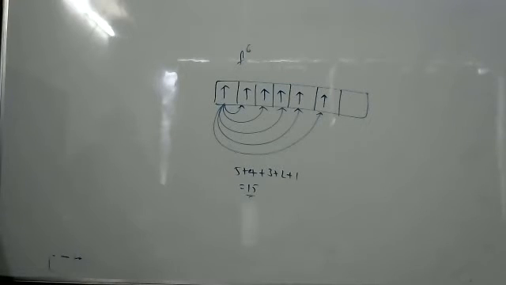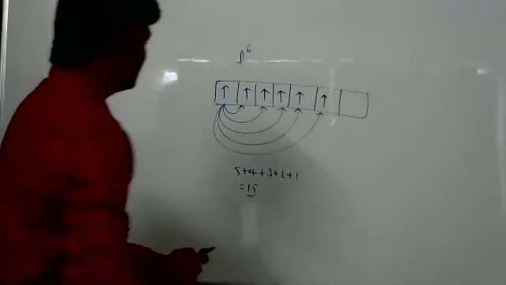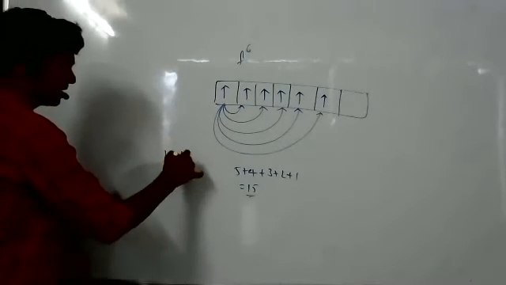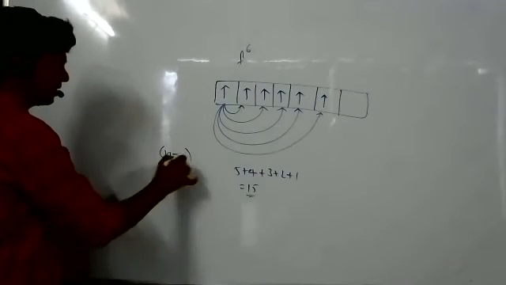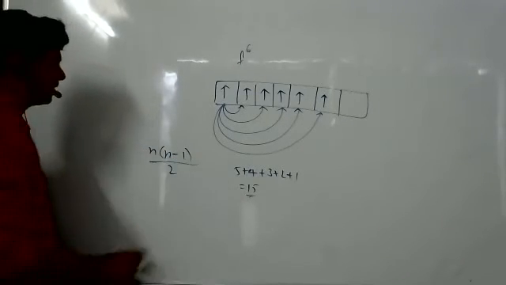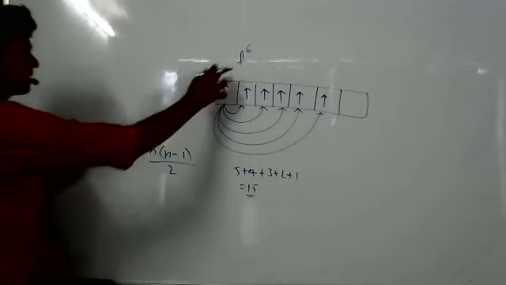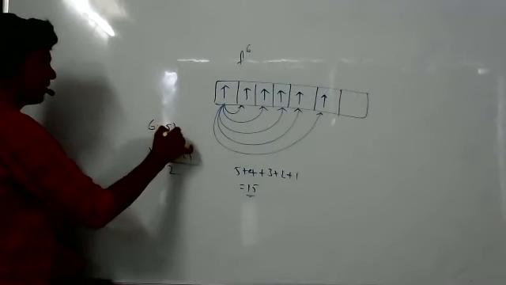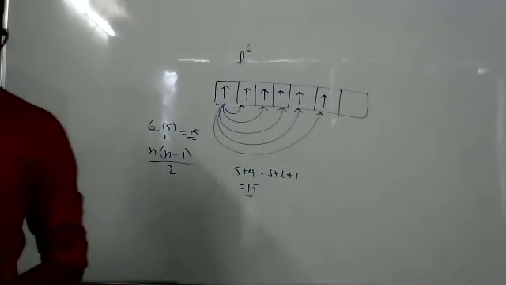Is there any way to find quickly the number of exchanges? In mathematics we use simple formulas. What are they? Yeah, n into n minus 1 by 2. Apply this. Okay, sir. 6 electrons, but we have to take only unpaired electrons. 6 into 5 by 2, 15. This formula only.